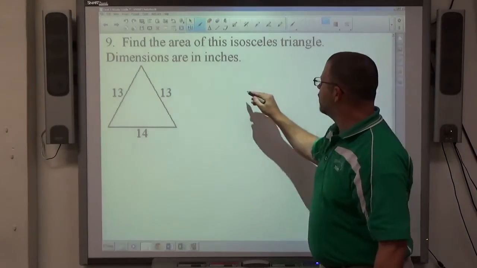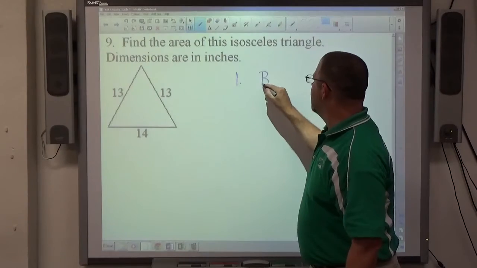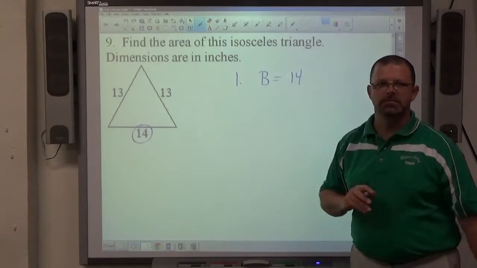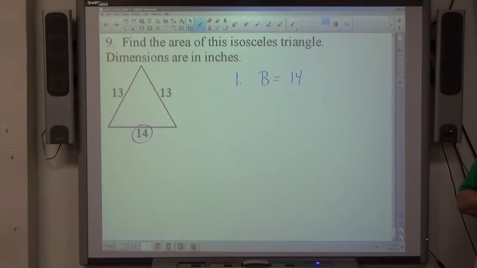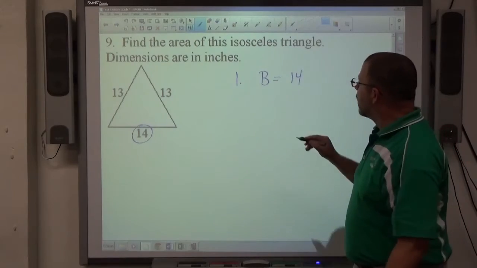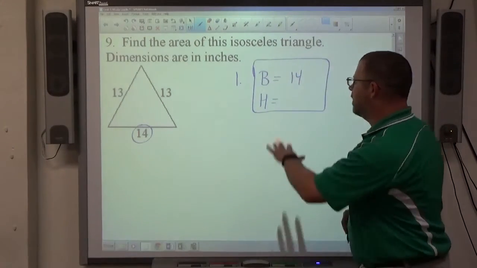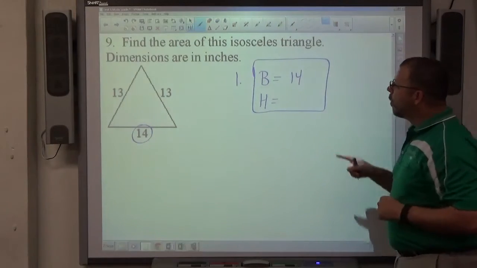Step 1 on the procedure says to write b equals whatever the base is. Immediately. Before you do anything else, write down what the base is, because that's where most people mess up when they do everything else right. B equals 14. The only other piece of information you need to know is what h equals. I'm going to put a little box around these pieces of information here. Once I know both of these